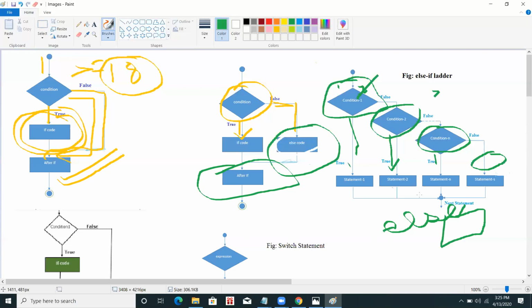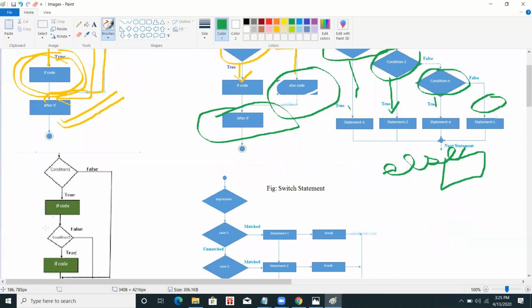And the next is the switch statement. When I was talking about the voter example in the if condition, I said that a person can vote only if the age condition is true. Now I have to give two or more conditions. The first condition is that the person can vote only if their age is 18 years or above.